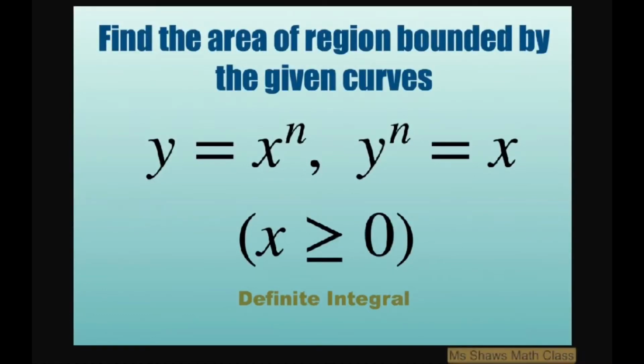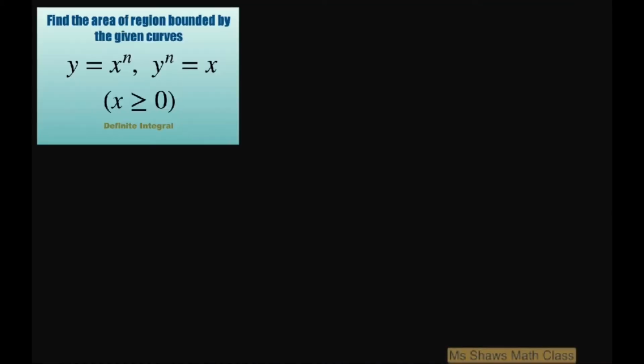Everyone, we're going to find the area bounded by the given curves y equals x to the power of n, y to the power of n equals x, and x is greater than or equal to 0. What we can notice here is that these are just inverses of each other, where they just switch the x and the y's. So if we graph